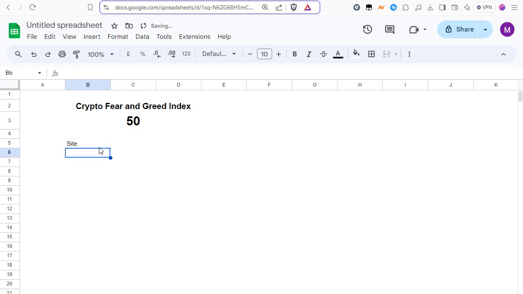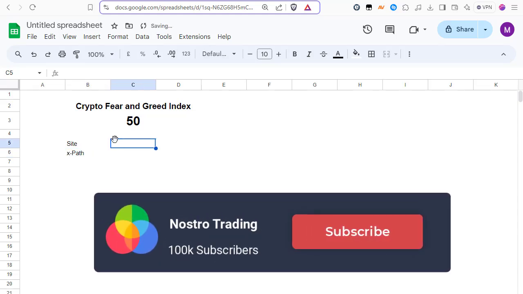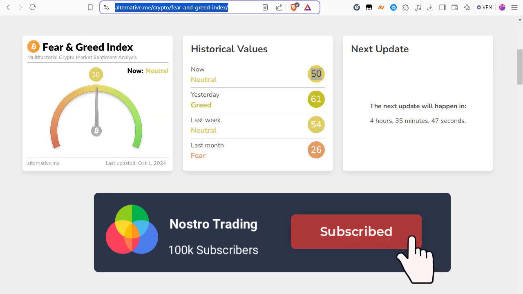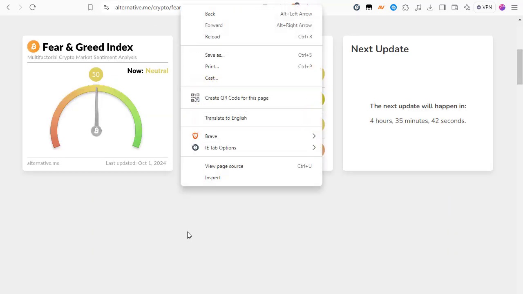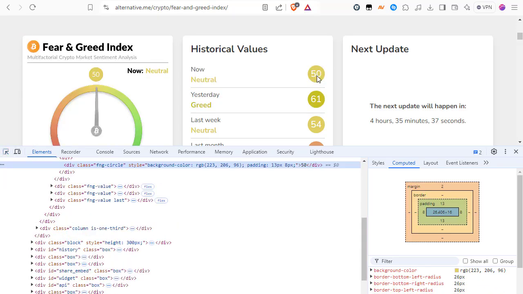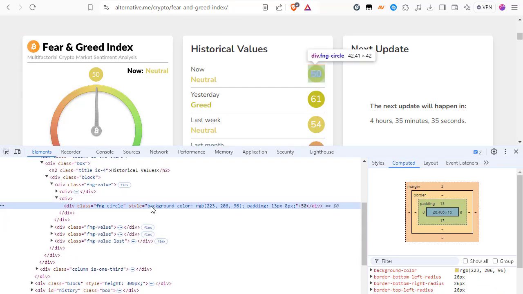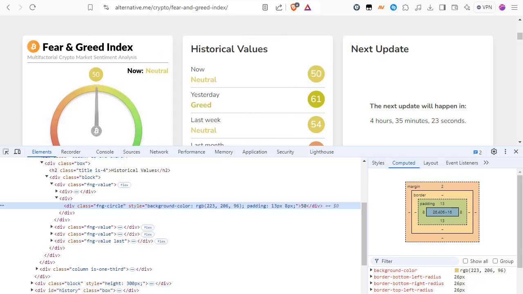separate it like this: the site and then the XPath. So you copy the website, it's called this one. The next step would be you click on inspect, choose the part where it's holding the current value, click on copy XPath,